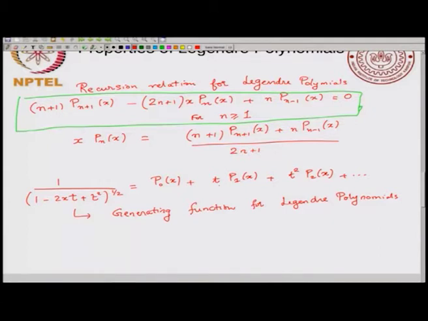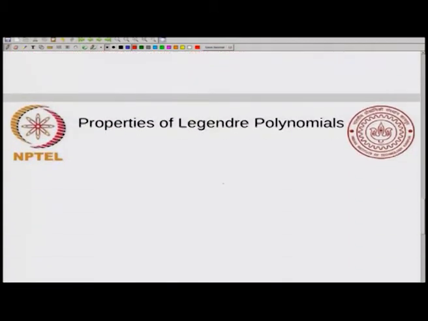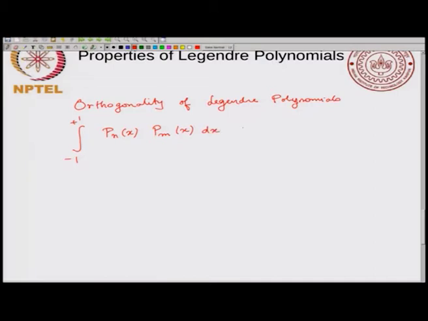Now the next important point, which I think is really important and really useful. This is a property of the Legendre polynomial called orthogonality. The orthogonality of Legendre polynomials. What this means is that if you take the integral from minus 1 to plus 1 of P_n(x) P_m(x) dx, you are taking the nth Legendre polynomial and the mth Legendre polynomial,